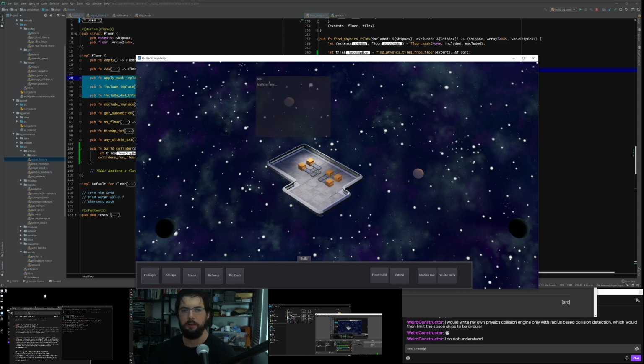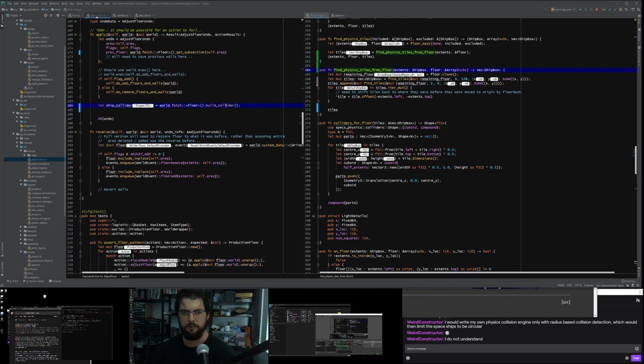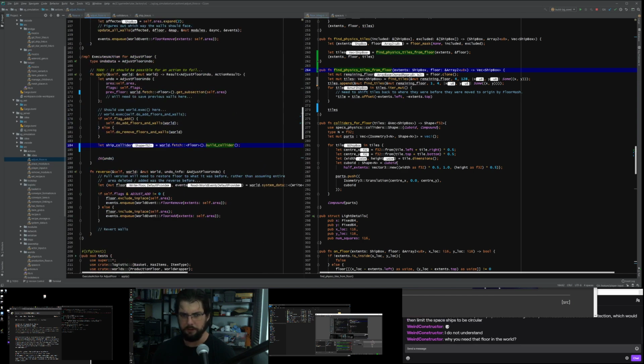So when we're looking at an action, for instance, adjust floor, the world that's being passed in here is the one that is the ship itself. Why do I need the floor in the outer world? I need the collision object. It's going to make a shape that's going to be used by the star world. And down the track we're going to need other stuff from the floor, like whether the guns can fire, whether the engines are working, that sort of thing. So there's going to have to be quite a lot of communication between those.